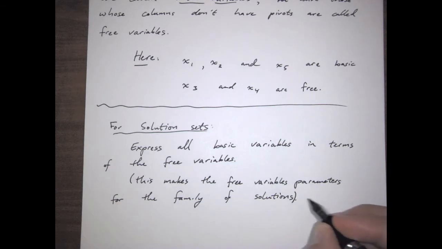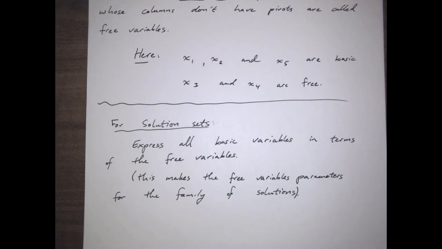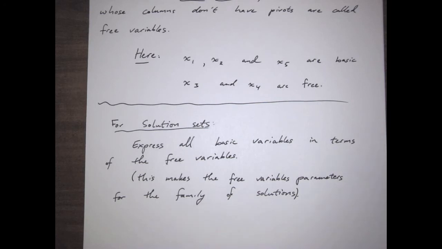So what that means basically is you give me choices of the values of the free variables, and those will cause the solution, or the values of the basic variables, to follow suit. So that means for each combination of values of the free variables, there will be a different value of the basic variables. So then here,